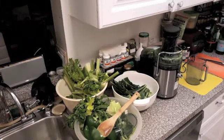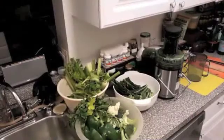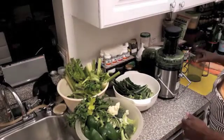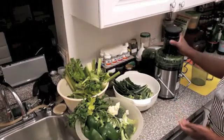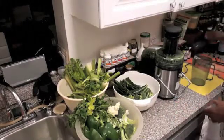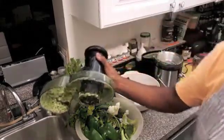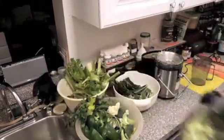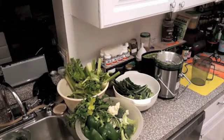It stays there until I'm ready to put the two of them in the blender. And that's that phase. Now before I go into making the second container of green drink, I always unplug the juicer and clean this out to prepare for the second session, or just making the second batch of green drink,